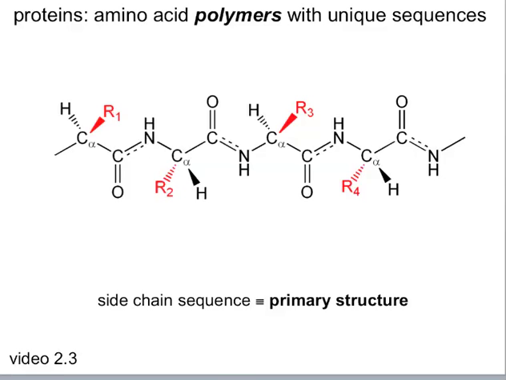Let's pick up our discussion of amino acids and their characteristics by beginning to think about how those amino acids go together to form proteins, that is, the functional workhorses of all biological systems. In this diagram, I'm showing you that proteins are polymers of amino acids, and we remember that an amino acid